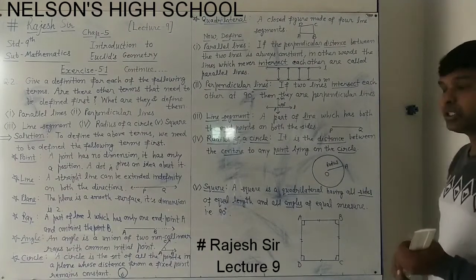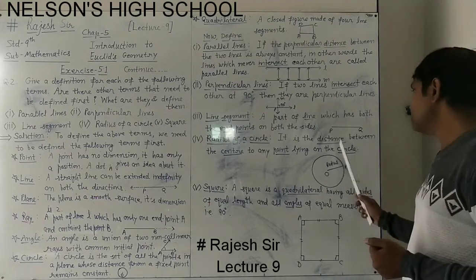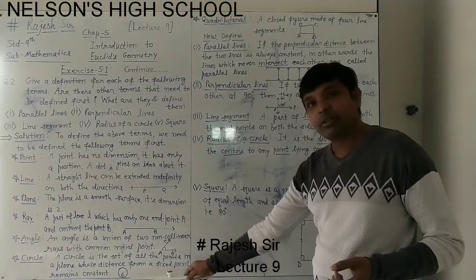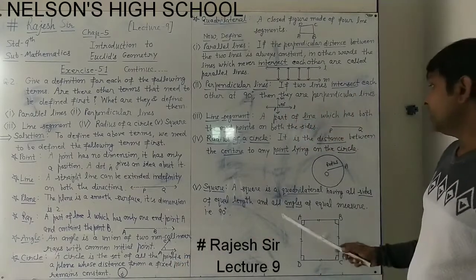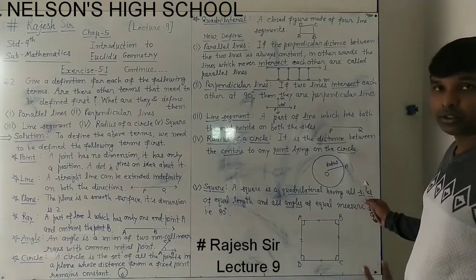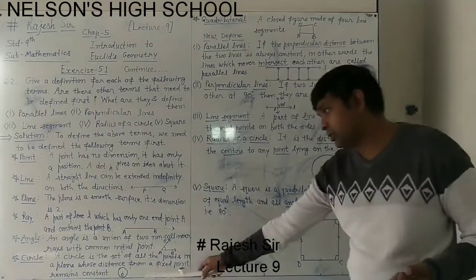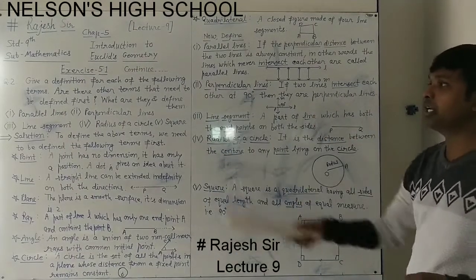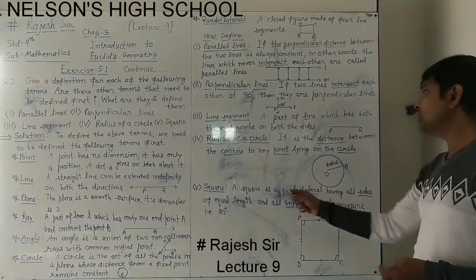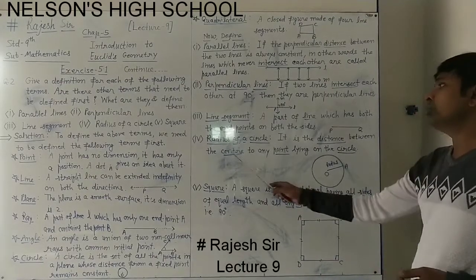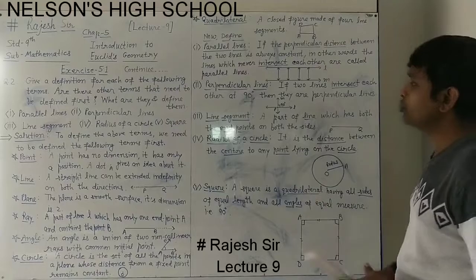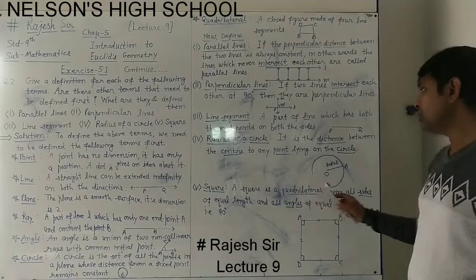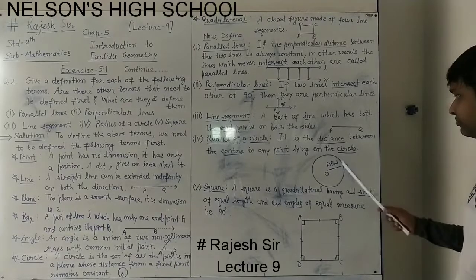To define this radius of a circle, which terms are needed? Distance, center and circle we have defined actually, the fixed point is called the center, and the circle term also we need, so that is also defined here. Point, about that we should know, so that is defined here. So these are the terms which are required to define the radius of a circle, and this is the definition of the radius of a circle, that is, it is the distance between the center to any point lying on the circle.